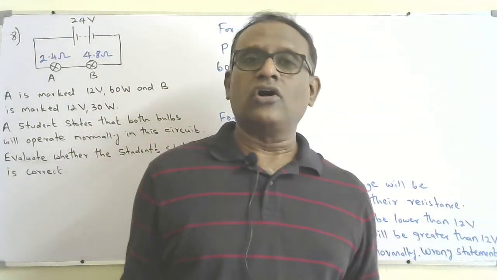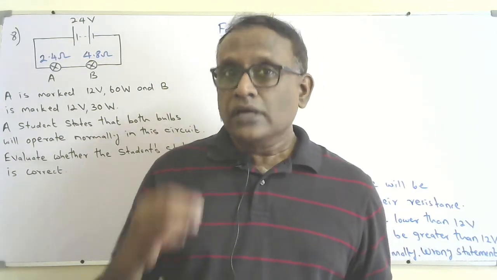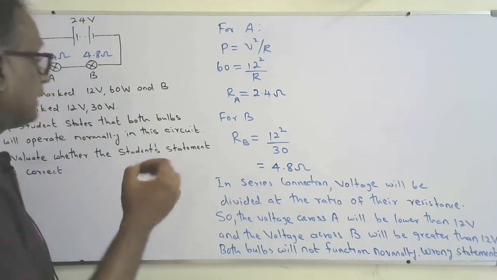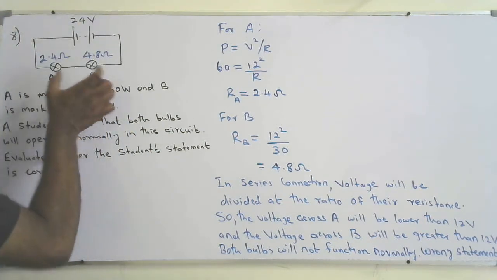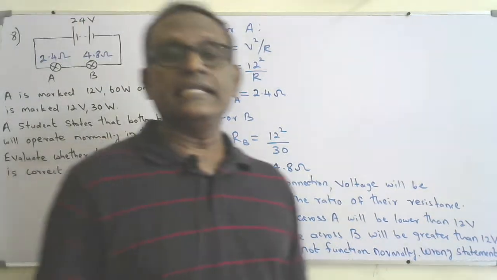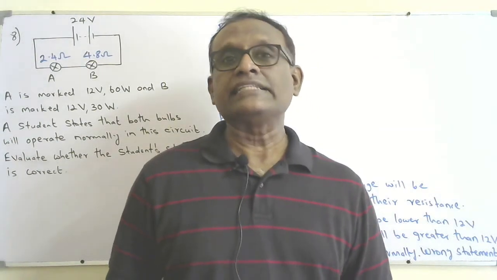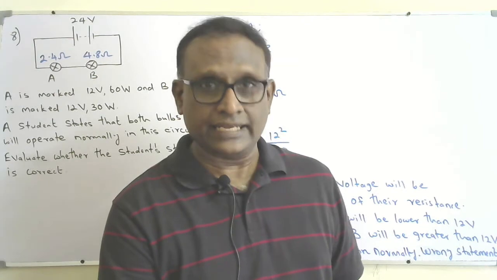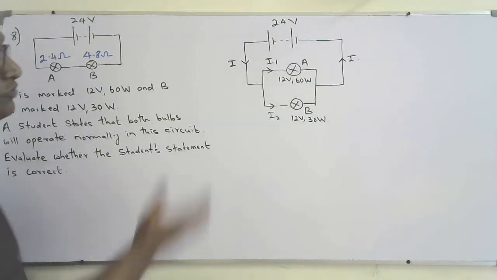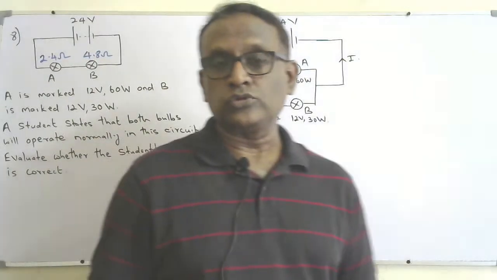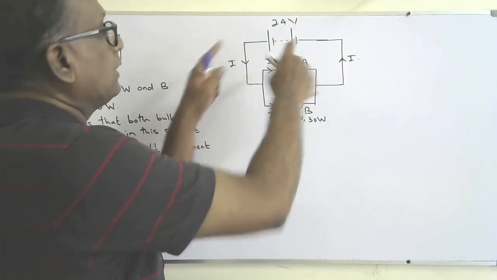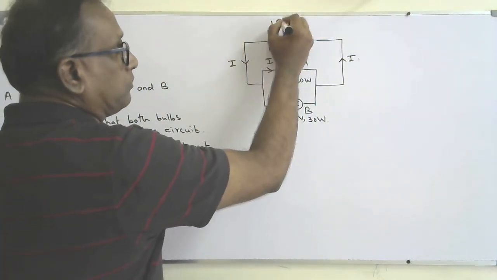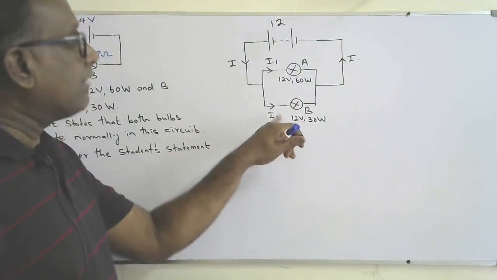So how can we solve this problem? How can we keep both bulbs in normal condition? The only possibility is that we should connect them in parallel with the given DC power supply. If we connect them in parallel, then both bulbs will be in normal condition like this. Okay, so if you connect them like this to the 12 volt power supply, both will get 12 volt, so here you need to have a 12 volt supply, not 24 volt. If you have a 12 volt power supply, then they will be